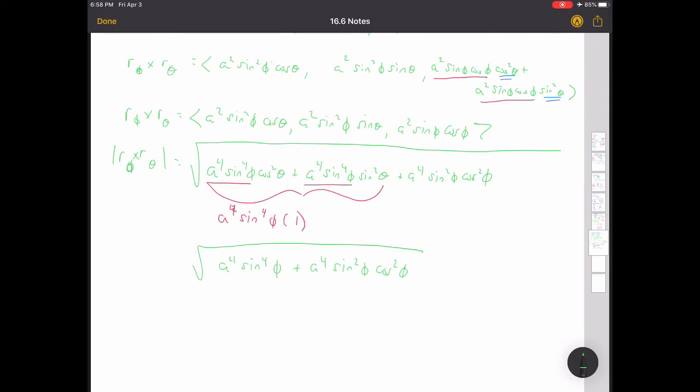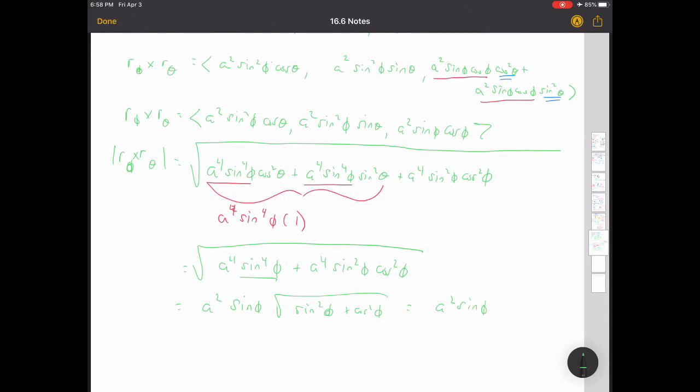Yeah, that looks right. So now what I can do is take an a to the fourth out of both terms, and that's going to give me an a squared on the outside. I can take a sine squared phi out, and that's going to give me a sine phi on the outside. What that leaves us with, if I take the sine squared out of this one, is a sine squared phi. If I take the sine squared out of this one, it's just going to leave me with a cosine squared phi. But of course, that's 1. So really what we get here is a squared